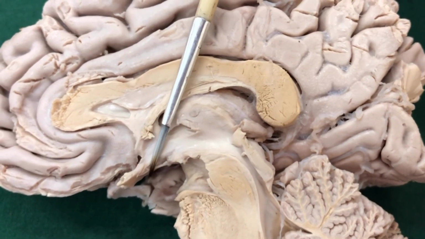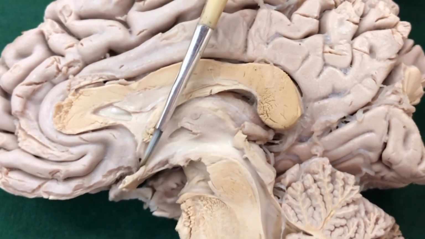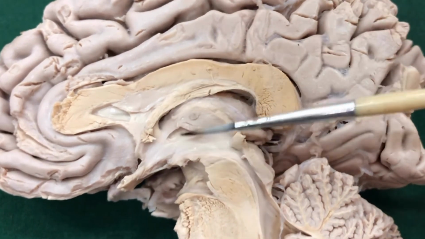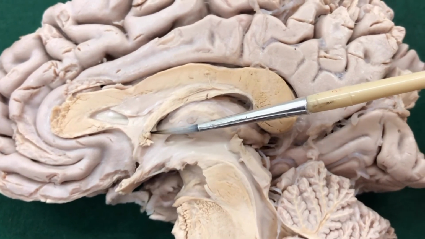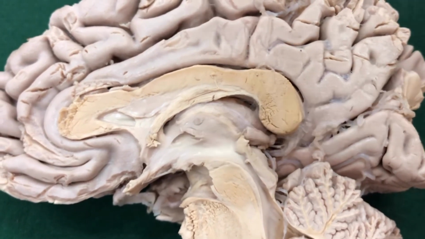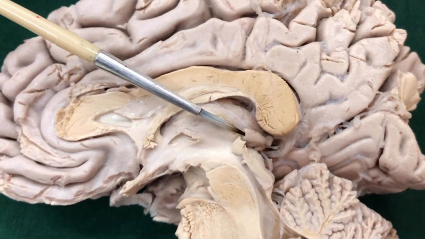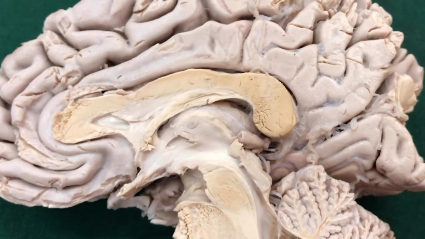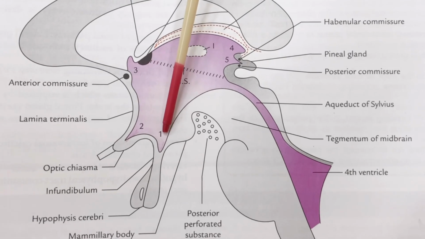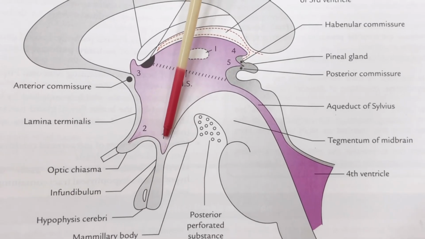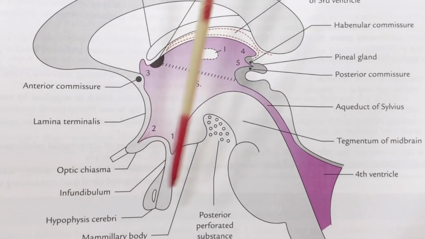This is infundibular in the stalk of the pituitary gland, optic or chiasmatic recess in the optic chiasma, anterior recess or vulva of the ventricle between the anterior commissure and interventricular foramen of Monro, suprapineal recess and pineal recess between the two lamina of the pineal gland. In this figure, you can see the recesses. This is a schematic diagram. This is the infundibular recess which is extending into the infundibulum of the pituitary gland.